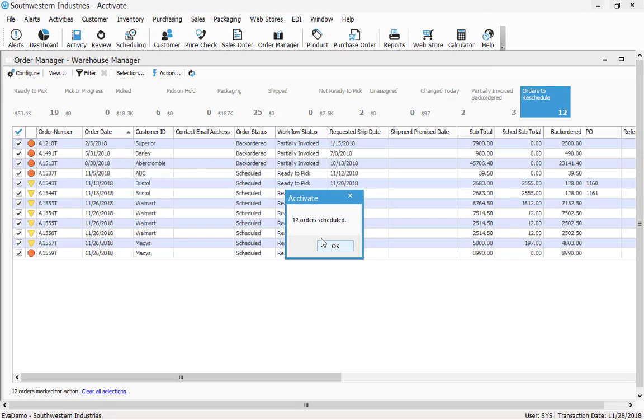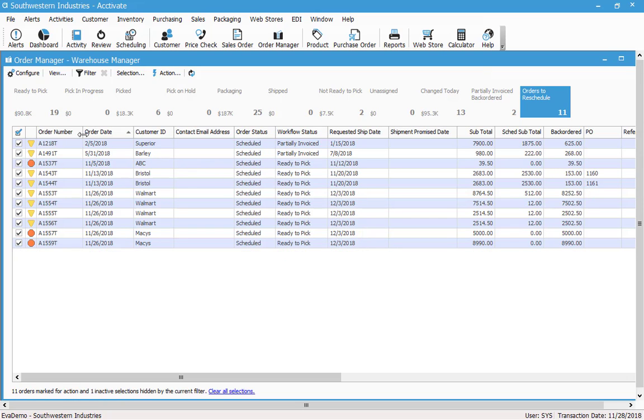So Acctivate is going to check, and that did make some changes here, but that's going to check at the first one and see if there's any available inventory. And then it's going to go to the next one. And it's going to go all the way through allocating what it can until it runs out. Now you'll notice it was 12 a second ago, so one of them is no longer in here. It has now moved into a green icon and is out of this view. And I believe there were a few more red, so I think some of these did go into yellow. So that's probably, and again, I wasn't planning on going into this, but I would say that is probably one of the